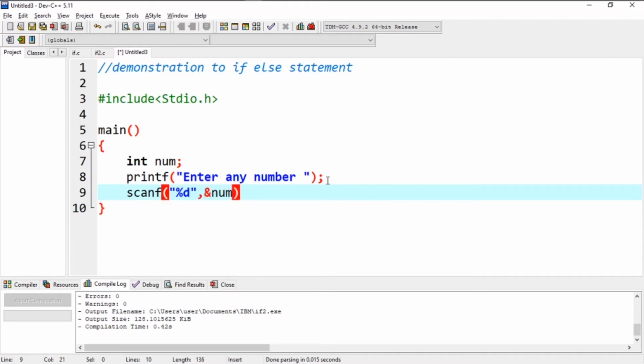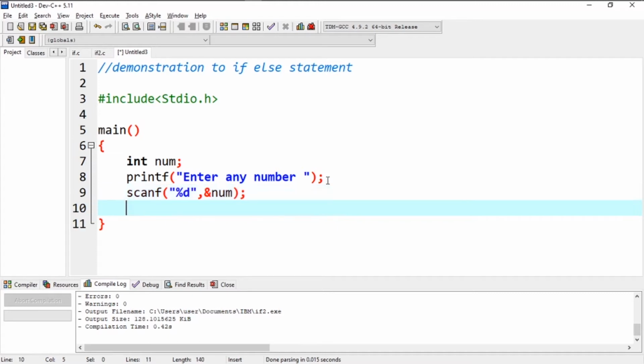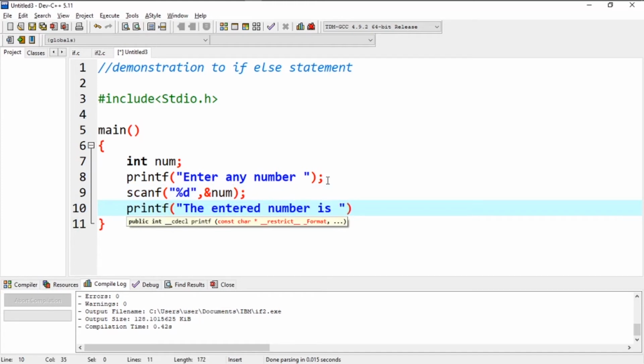This will store the value the user entered in this variable num, and at last a semicolon. Now I'll print with printf, and I'll write the entered number is %d, and I'll write num and a semicolon at last.